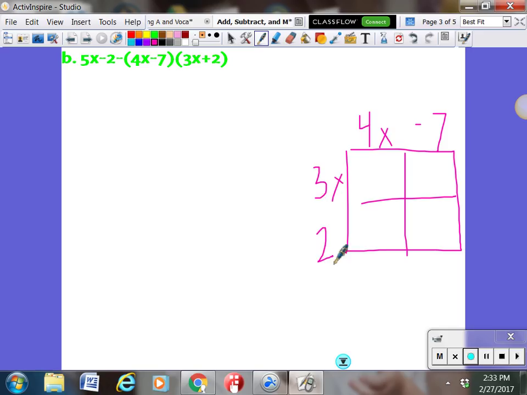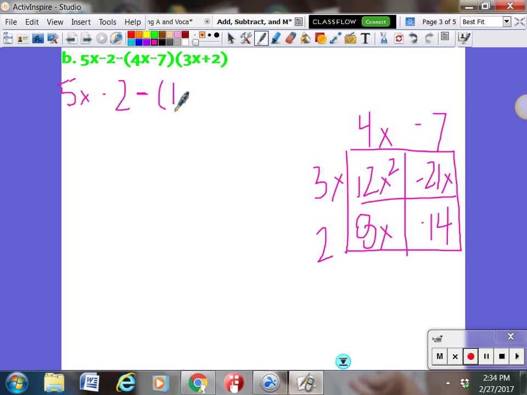When I multiply 3x and 4x, I get 12x squared, because when you multiply, you add your exponents. 3x times negative 7 is negative 21x. 2 times 4x is 8x. And 2 times negative 7 is negative 14. So then I'm going to replace that in my problem. So I'm going to have 5x minus 2 minus 12x squared. I have to add my like terms of 8x and negative 21x together to get negative 13x